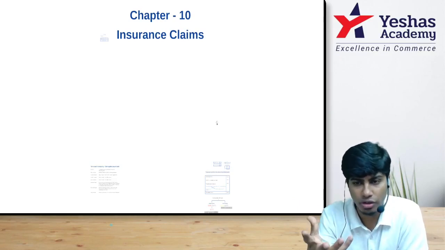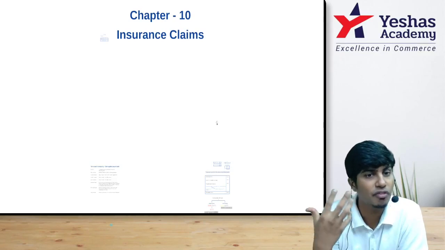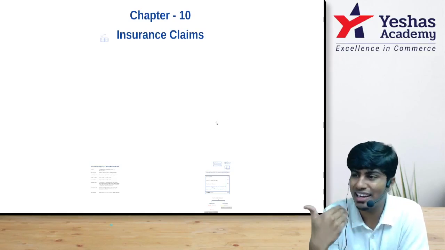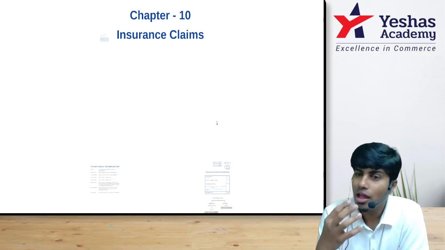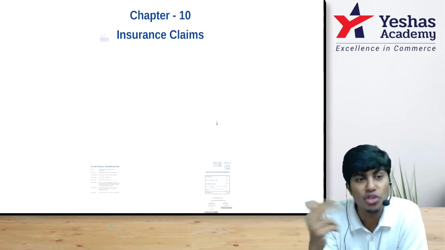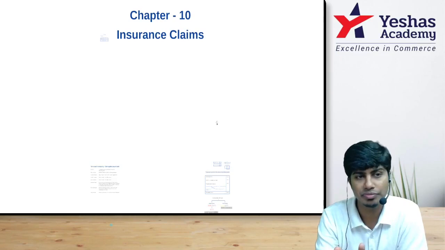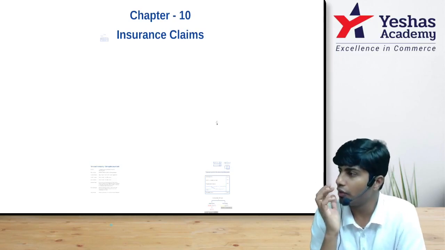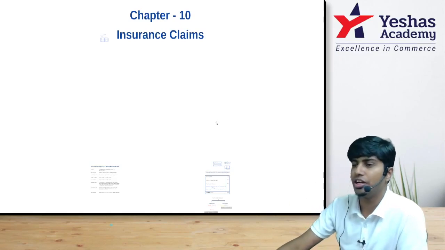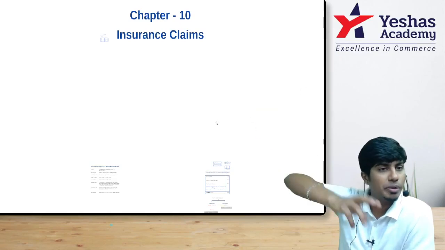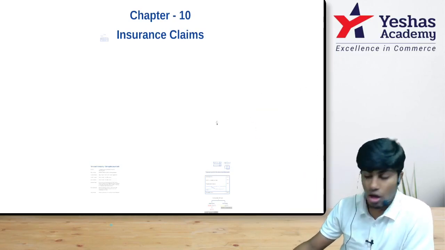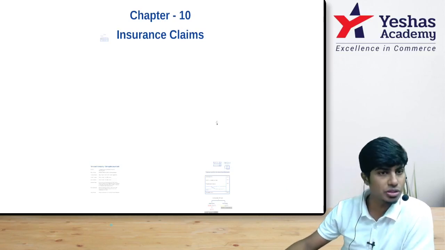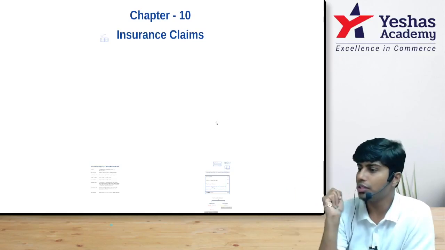Whenever the goods are destroyed, whenever the business gets destroyed because of fire, then you need to file a claim with the insurance company as to how much money we should receive from the insurance company. How to compute how much claim to receive is learned in this chapter. So far we've learned that whenever goods are destroyed by fire, the journal entry is insurance company account debit to purchase account. But how do you arrive at the amount of the insurance company? That's what we're going to learn in this chapter.